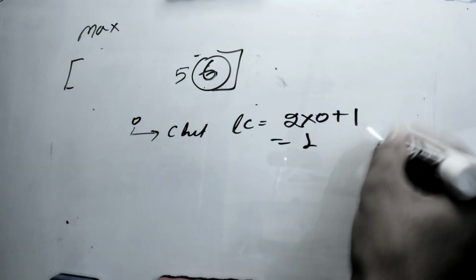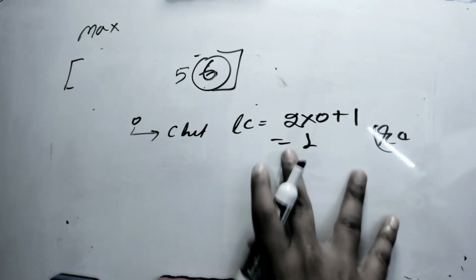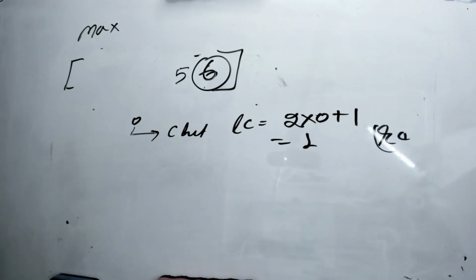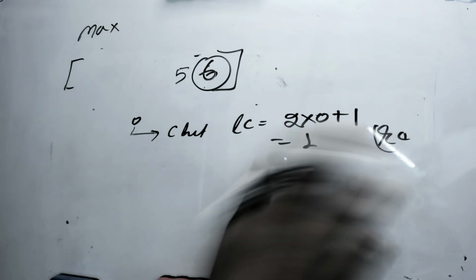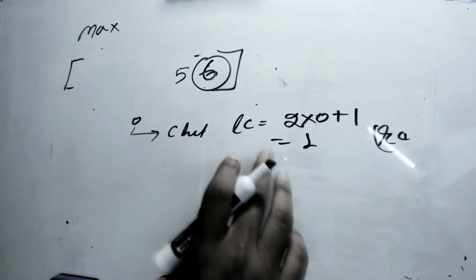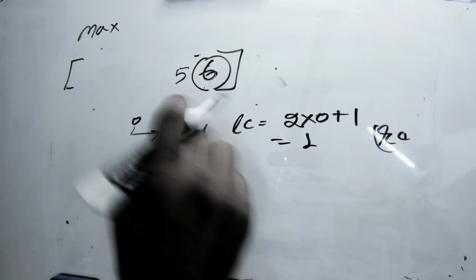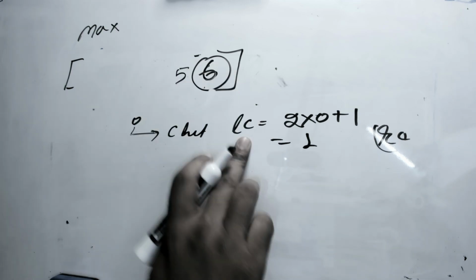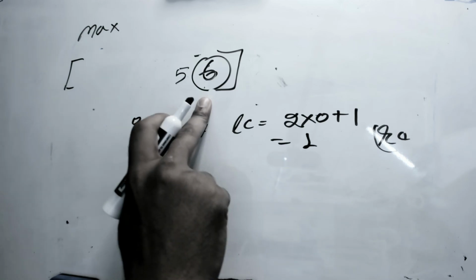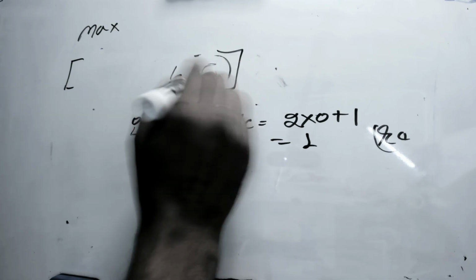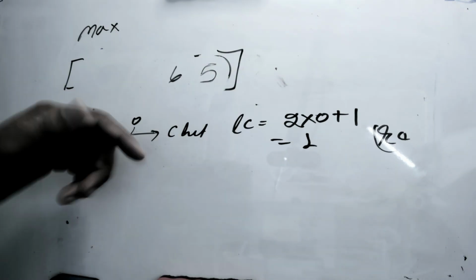If there is a right child, it will compare both and see which is the maximum of those two. In the case of min heap, we used to see which is the minimum of the two. In this particular case, we're going to see which is the max of these two. And then here we'll find the left child. Then we're going to swap. If 5 is less than 6, yes, so we're going to swap. So 6 is going to come here, 5 is going to come here, and we repeat the same logic